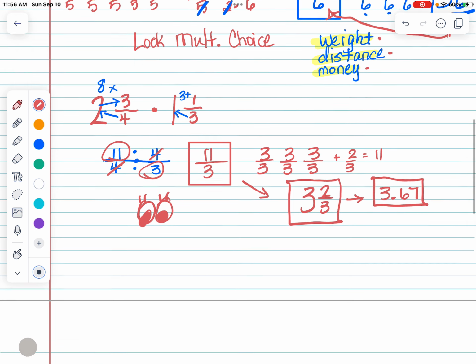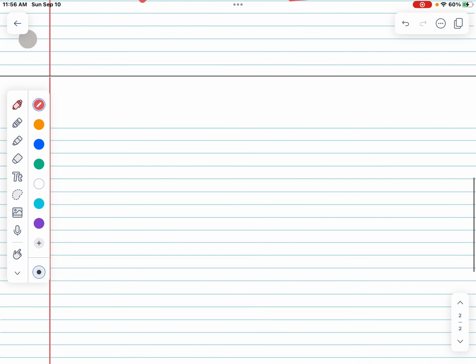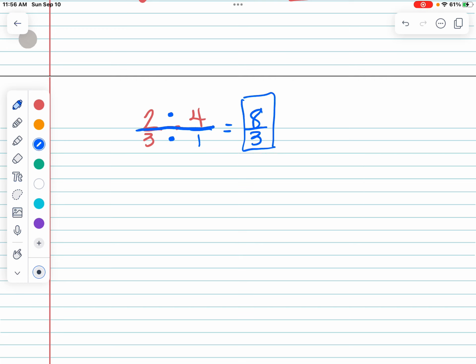The only thing that's ever going to change, like if you had 2/3 times 4, you're like, what am I doing here? Well, you're going to turn any number into a fraction by putting it over 1. And then we're going to multiply the top times the top and the bottom times the bottom. And now we have 8/3. And again, you're going to leave it, if you're in the middle of an equation, as 8/3. If you are